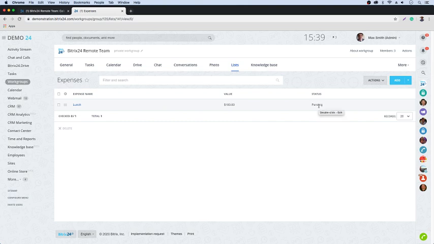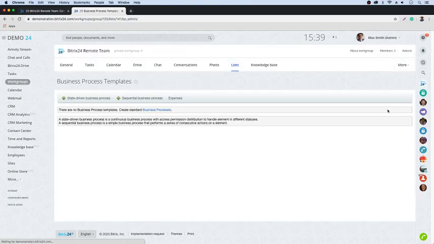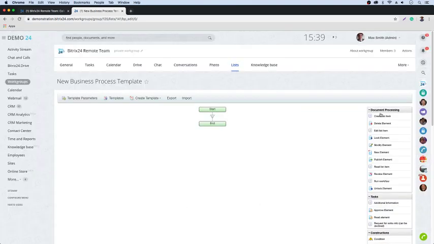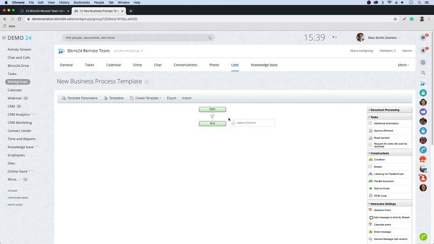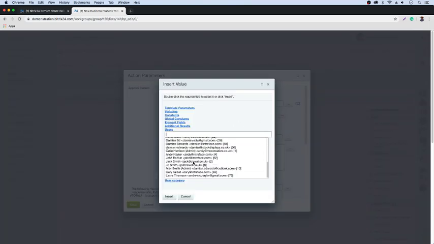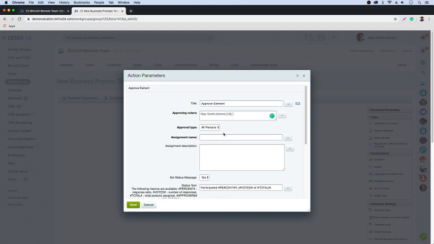Now we can trigger workflows off this. So if I just quickly go into and just show you what it's capable of, then we'll create a sequential business process, and we'll just call it approval when added. So when a new approval request comes in, I'll just do a very simple one. So we click in approve element in here, and then approving voters. This is the person who is going to approve the expense, and then approve expense, and then